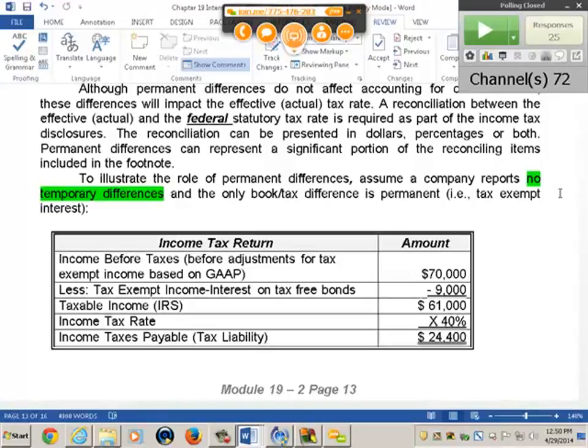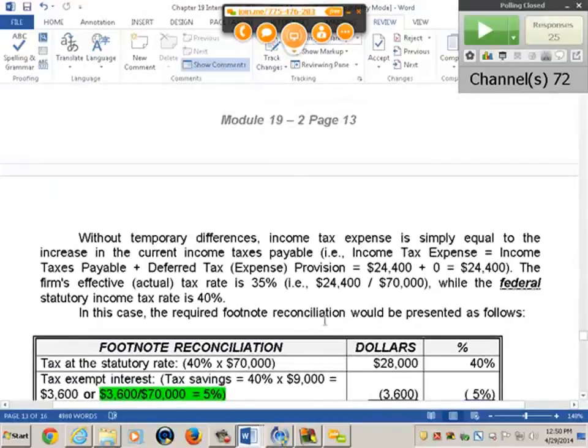Now, of course, at some point, when you become very comfortable, if you knew that you didn't have permanent differences, you could do that. But when you've got permanent differences, when you've got tax rate changes, when you've got changes in deferred tax account allowances, you're not able to use that tax rate. What you can use is the effective tax rate. If I know the effective tax rate, I can multiply it against 70 and get that number. What is the effective tax rate? Well, in this case, we're going to find out that it's 35%, and the